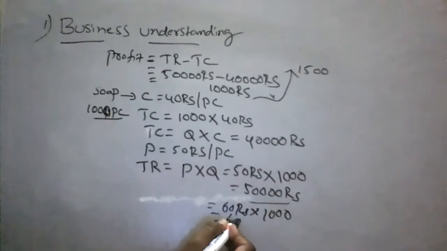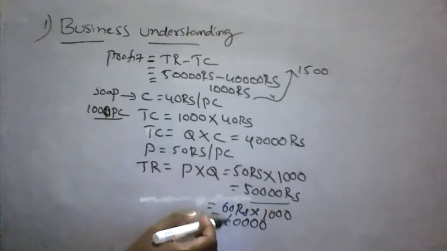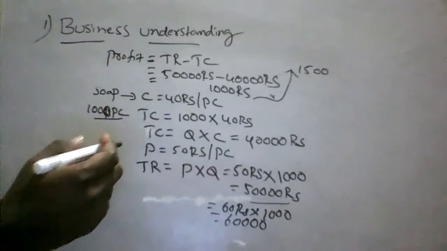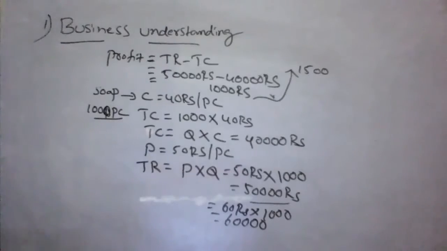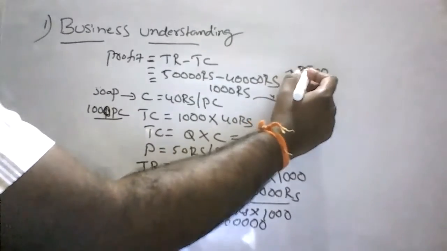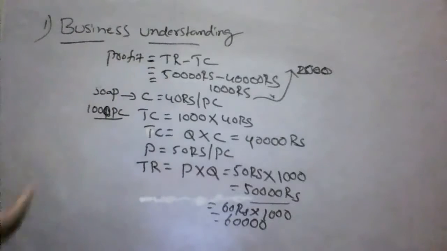So I am getting 60,000 rupees. If I substitute this 60,000 into this formula, I get an additional profit of 2,000 rupees. But if I sell at 60 rupees, that is not advisable,